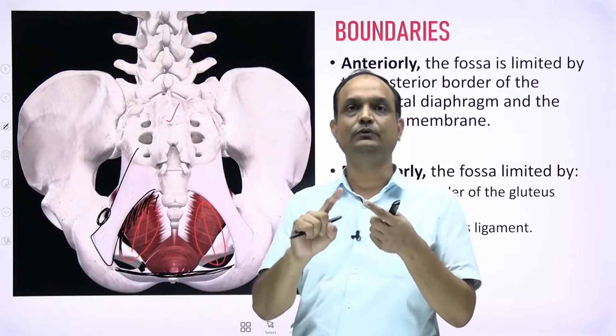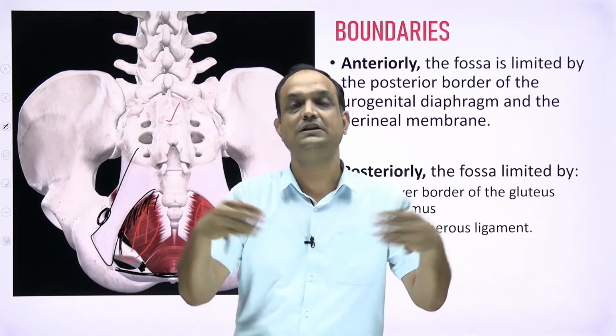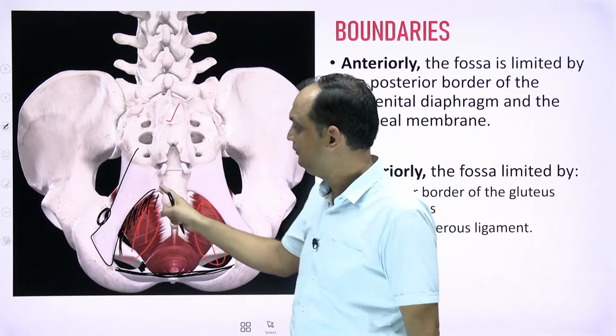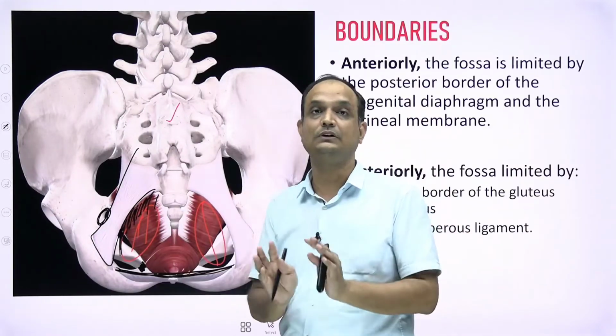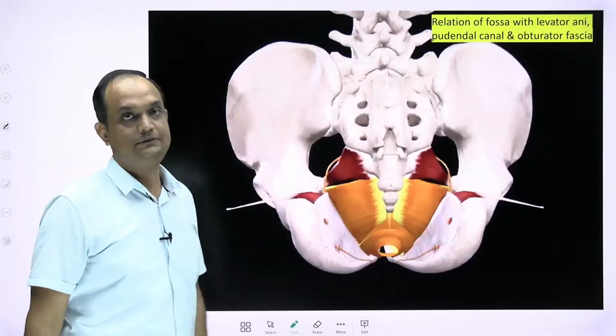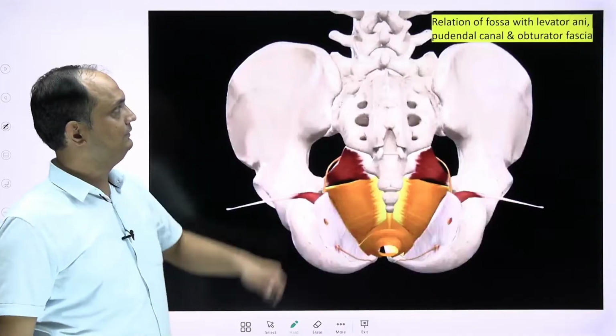So there are two terms. What is recess? Recess is an extension beyond the limits. And what is boundary? Boundary means the point at which the major part of the fossa is present. Clear? Now here in this video clip, if you see the relation of the fossa with the levator ani,